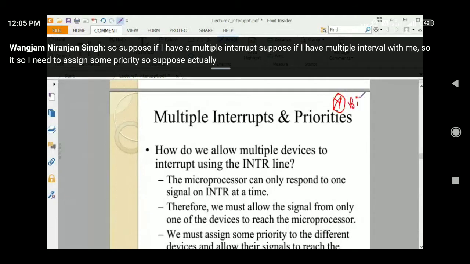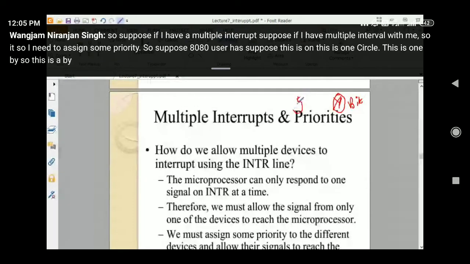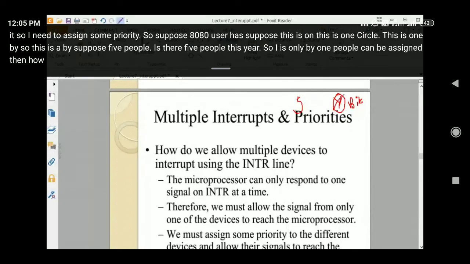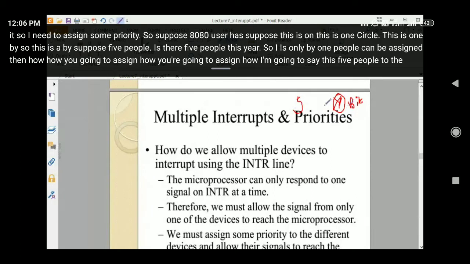Suppose 5 people are there, and simultaneously it can be assigned to only one person. Then how are you going to assign? How are you going to give this one byte to the 5 people? तो एक करके उसको देना पड़ेगा.